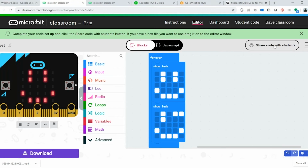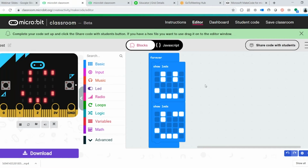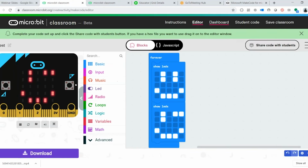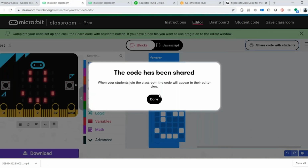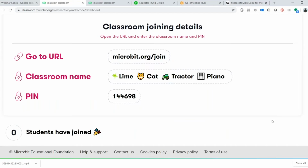So I'm going to click share with students. Click done. Share. Oh, okay. Dashboard. This is the part where all of you get to join. So you get to go to this URL here, so